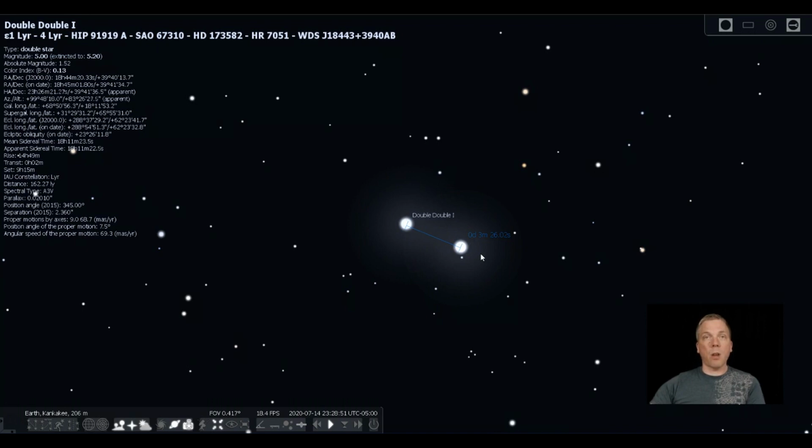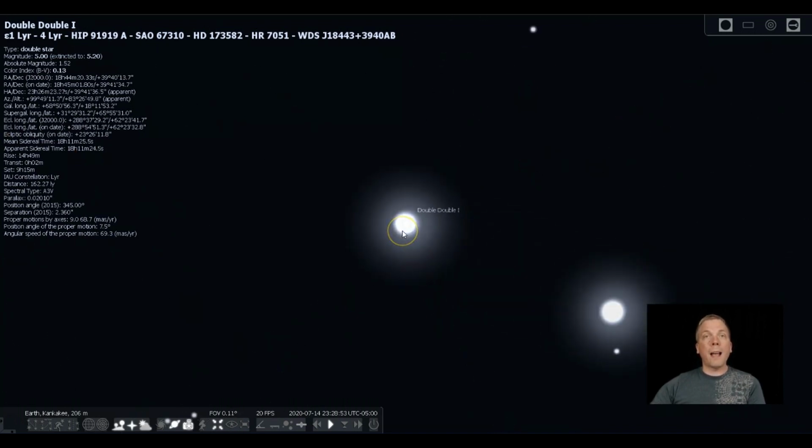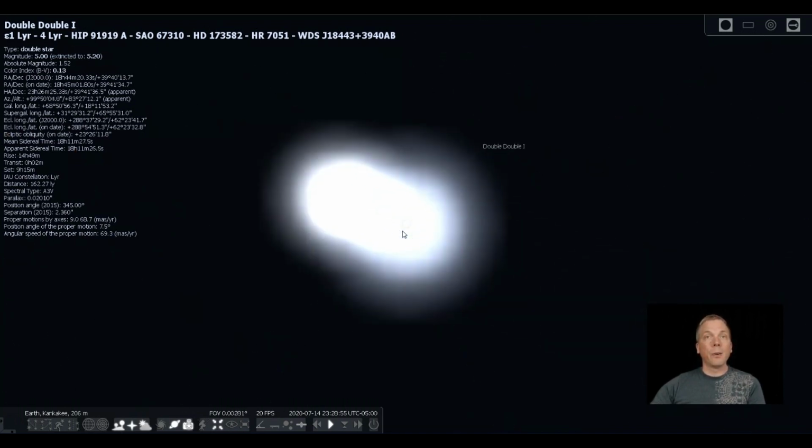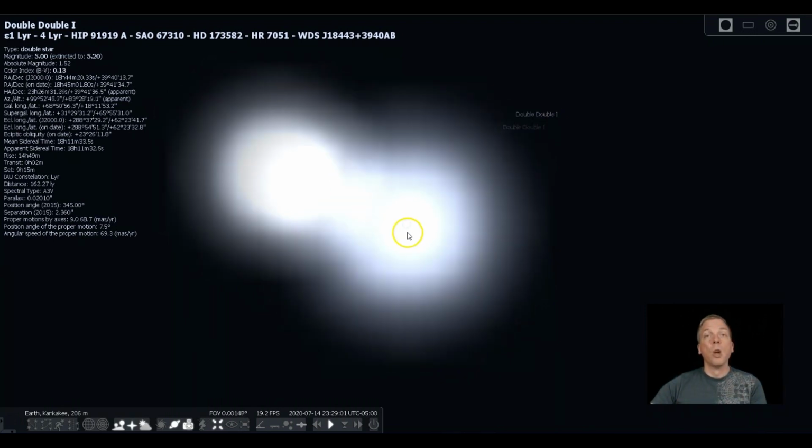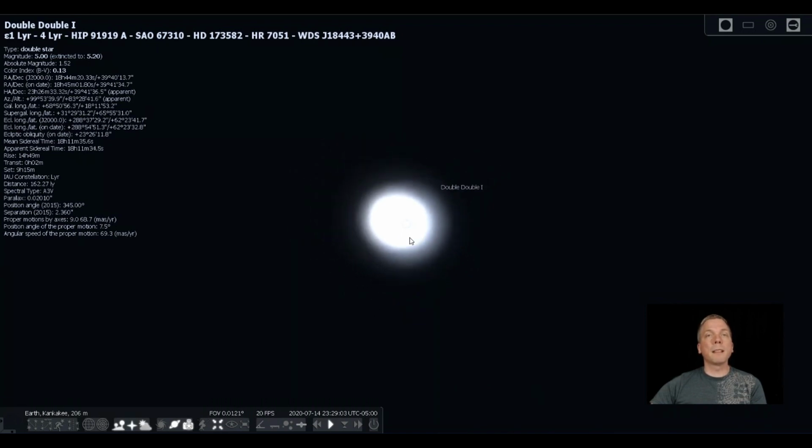So if we take this off and we zoom in more, well, I can't really see those two stars very well. I mean, look at how blobby those are. That's as far as I can zoom, and we can't see really where the center is. So watch what we can do to make this simpler.